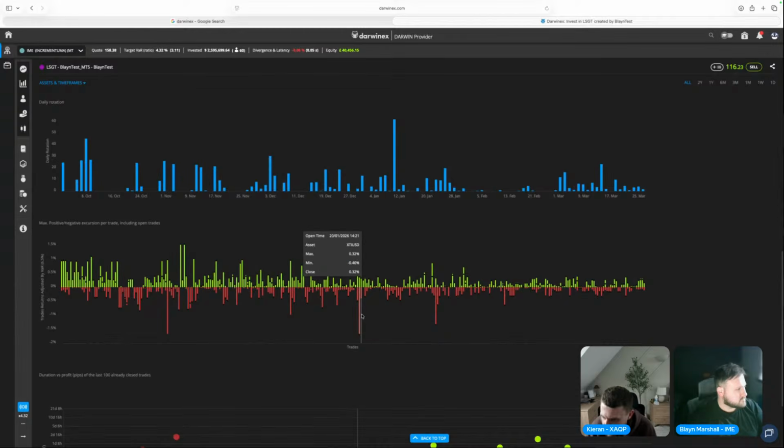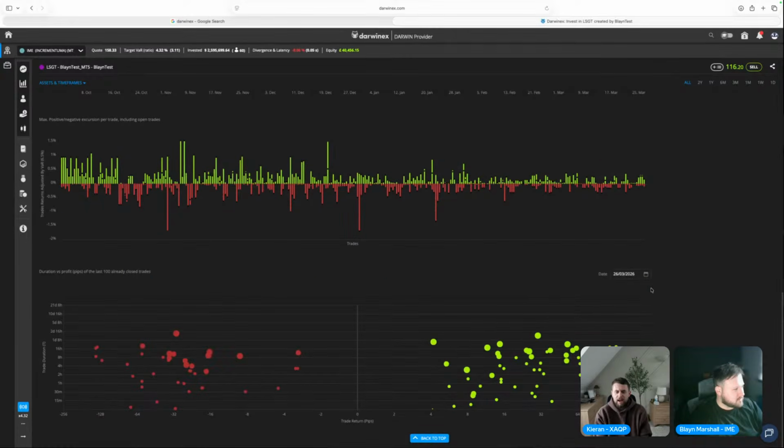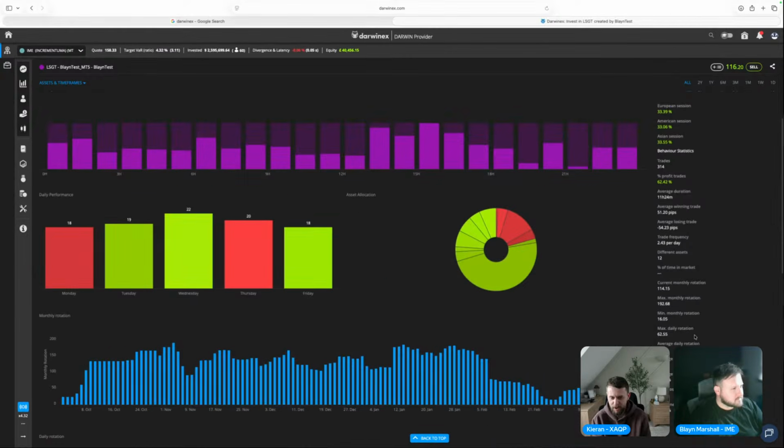Son of the King says: I don't know what liquidity providers Darwinex uses for EURUSD, but I just wanted to say I can see the book. My personal trading account, EURUSD, has 40 million sitting within one bid on bid and ask. So we aggregate 2 LPs, and we take the best execution from whichever one's giving us the best execution at any given time. I'm not sure if I'm allowed to mention who those LPs are. I think I probably have in the past. I guess I am, but I don't want to put my foot in it.